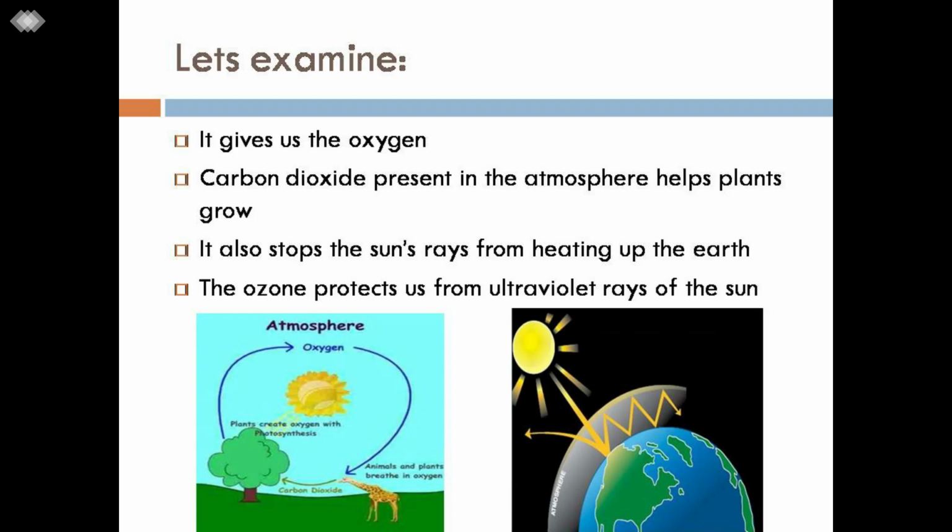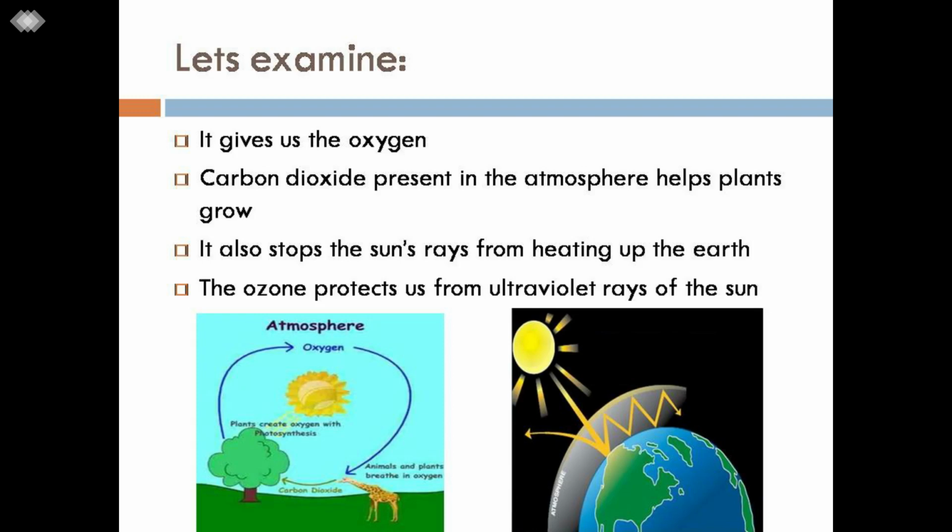First, the atmosphere gives us the oxygen that we breathe. What we are living for and what we need is oxygen. And oxygen is given to us by this atmosphere only. Second, carbon dioxide in the atmosphere helps plants to manufacture food in the presence of sunlight. Third,